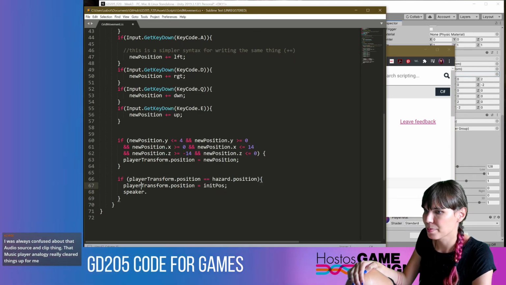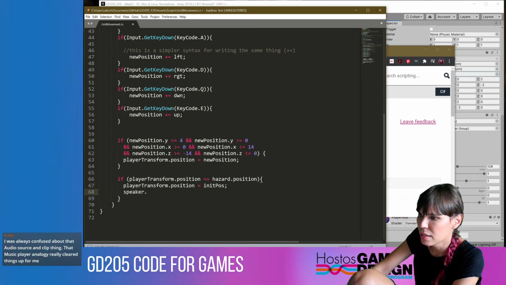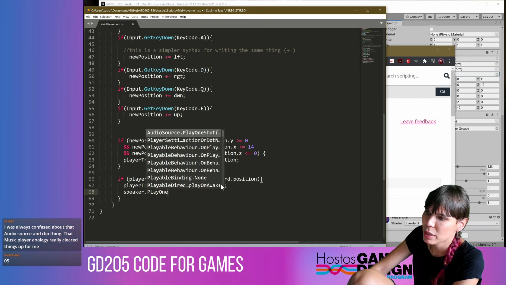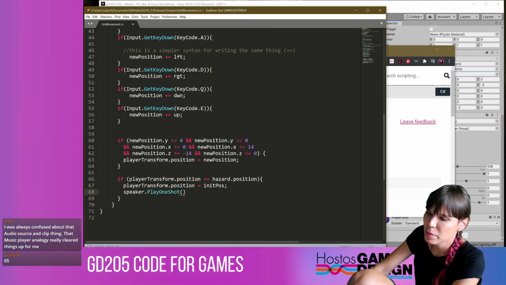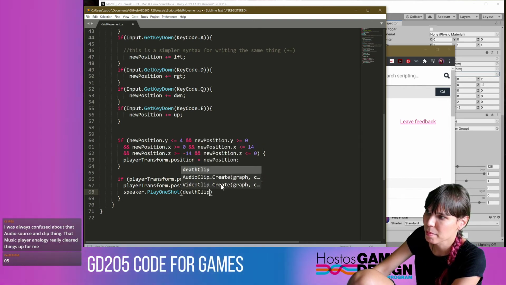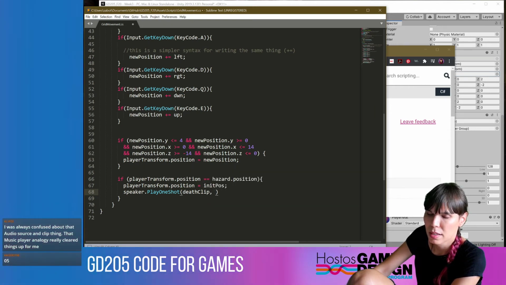So I can do speaker dot play one shot, and then open parentheses, and I can do the name of the audio clip, which is death clip. And then the second thing is the volume at which to play it. It's a pretty abrasive sound, so I might want to play it at like